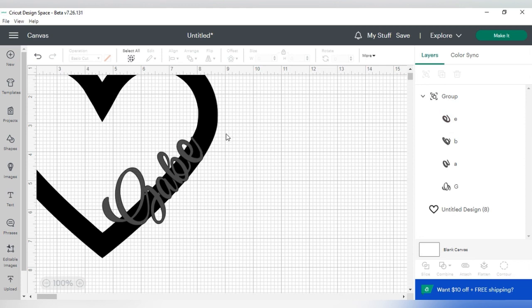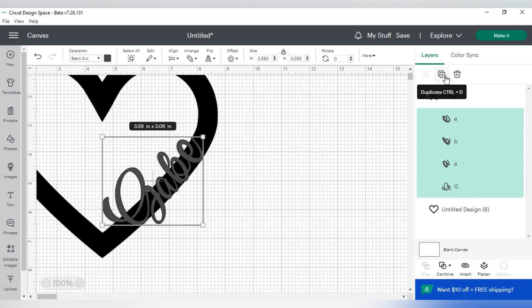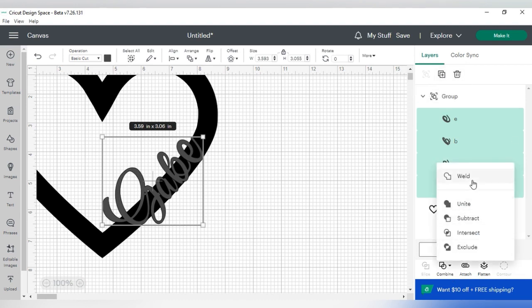Okay, I think that's okay now. And now what I'm going to do, I'm going to do the same thing. I'm going to weld it